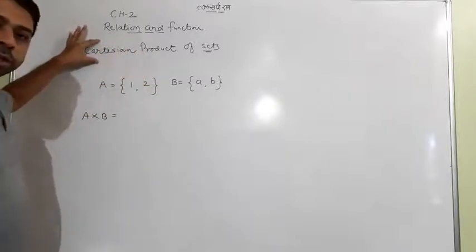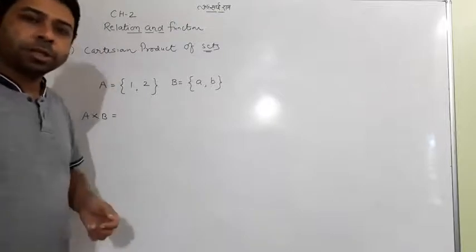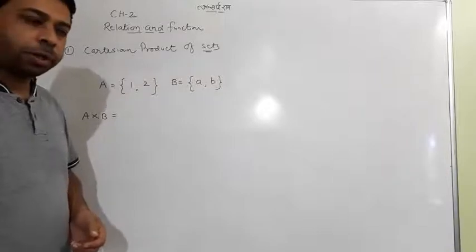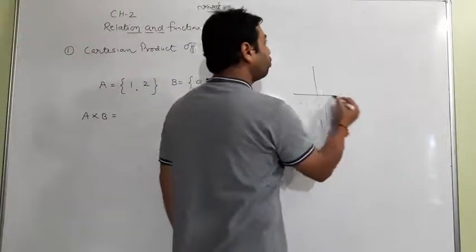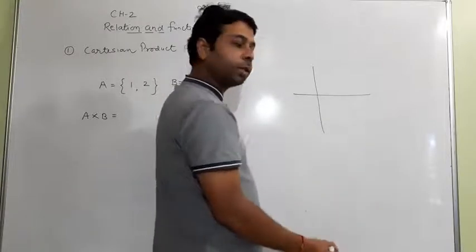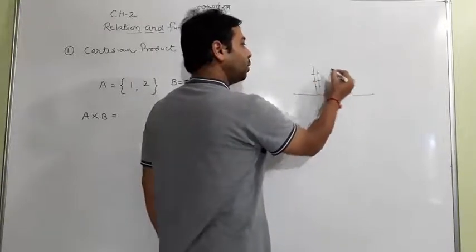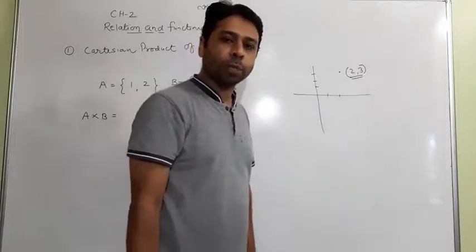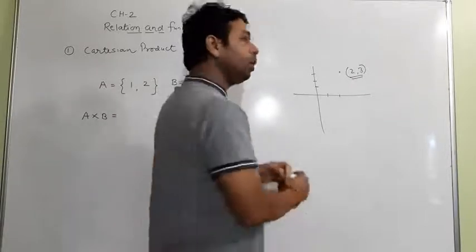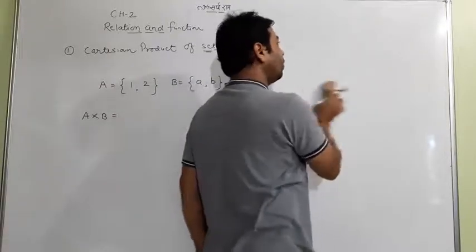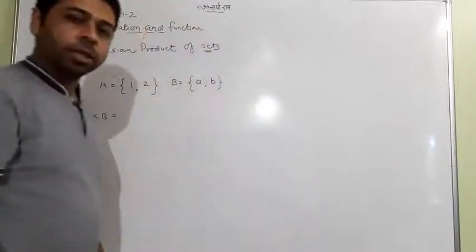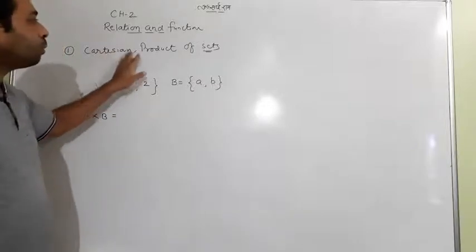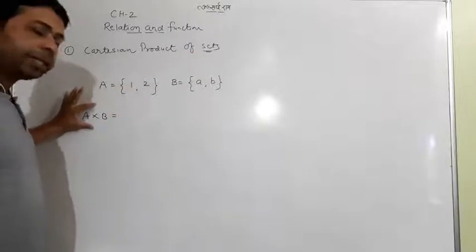It is Cartesian, like in Cartesian geometry, we used to plot any point and the point comes in an ordered pair. What is an ordered pair? Like if I say plot any point, so if it is 1, 2, 3, what is this point? This is 2 comma 3. This is an ordered pair. Actually that is a Cartesian point. But the meaning of ordered pair is when two elements are written together in a bracket, it is called an ordered pair. So A cross B is a Cartesian product of sets containing all the ordered pairs.